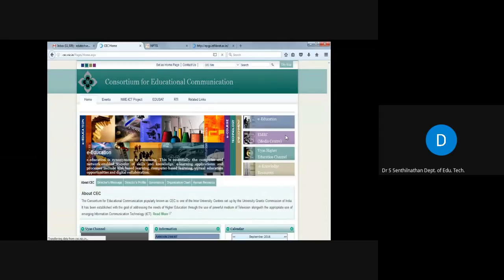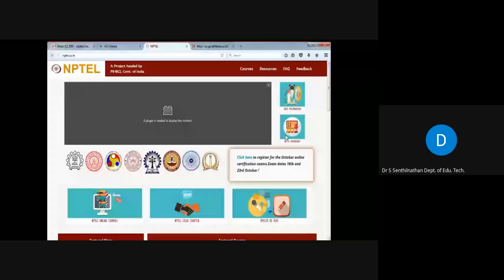And this is again something most of you know, if you are from an engineering background, you will know better: NPTEL, National Programme on Technology Enhanced Learning, coordinated by IIT Madras. It offers plenty of video and web courses free of cost for basic engineering and basic science subjects. You can see for yourself. And as I told you, the CEC platform has so much content for UG level students and subjects. This portal, EPG Pathshala, will contain a lot of resources for the postgraduate students.